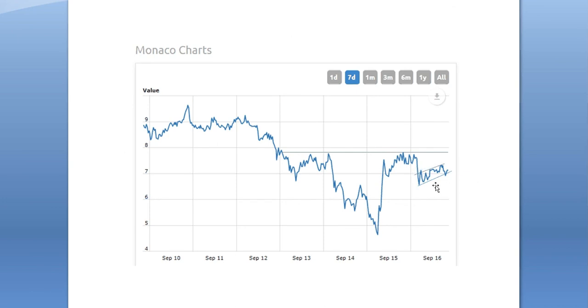If this is a flag, I'm going to draw a pole right here. And it's waving in the winds. What kind of a flag is this called? If it's pointing upwards, it's called a bear flag. If the flag points downwards, it's called a bullish flag.